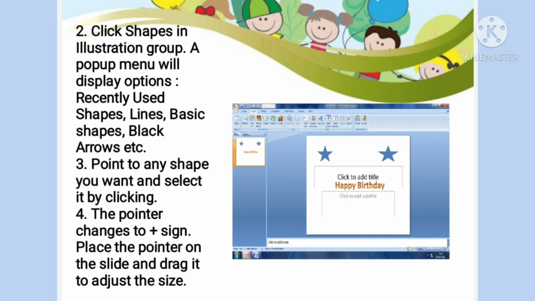Next thing that we learnt is how we can view a presentation in the 4 different views, that is normal view, slide sorter view, slideshow and notes page view.